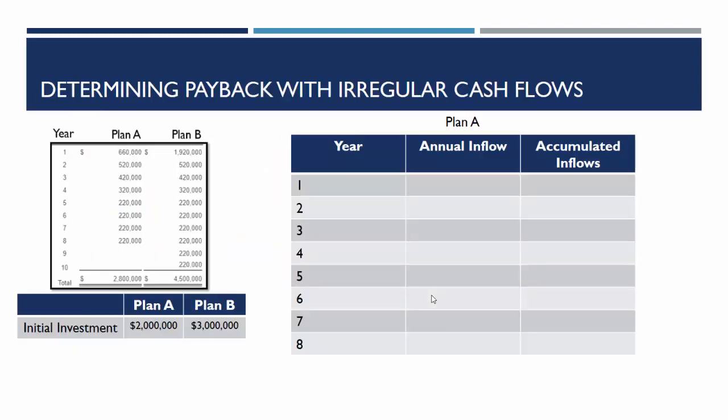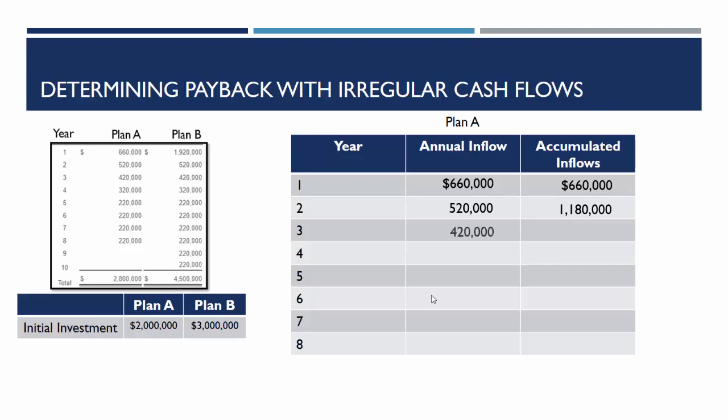Let's first determine our payback, but now we have irregular cash inflows. We're going to start with Plan A. So for Plan A, what we need to do is figure out, after each inflow comes in, how much total inflow have we accumulated. So let's start in year 2. In year 2, we would have had the $660,000 inflow from year 1, plus the $520,000 inflow from year 2, bringing our total accumulated inflows up to